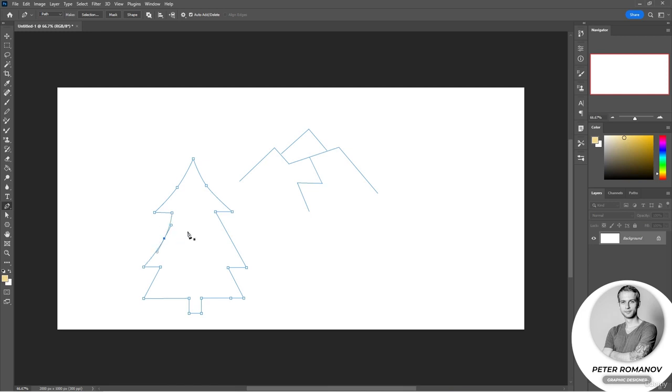Let's get it back, and let's edit some more curved lines to our Christmas tree. There is another way to switch between the pen and the white arrow. For example, I bring the pen to a point, press Ctrl, and it turns into a white arrow. I can move this point somehow. Look, I have a pen. I bring it to a point, press Ctrl, it changes to an arrow. I move the point, bring it, press Ctrl,